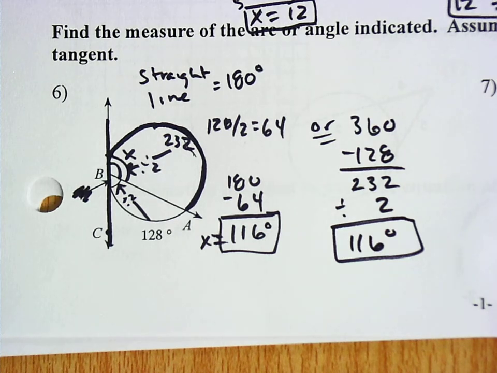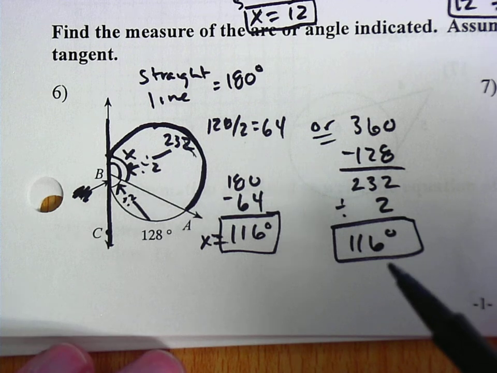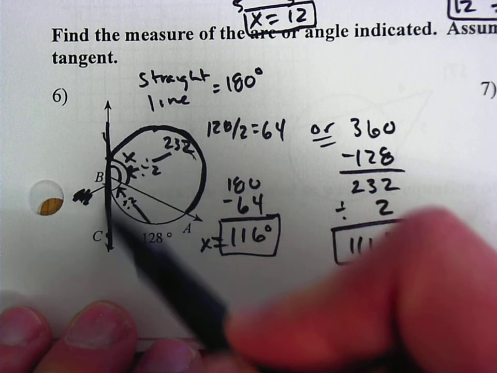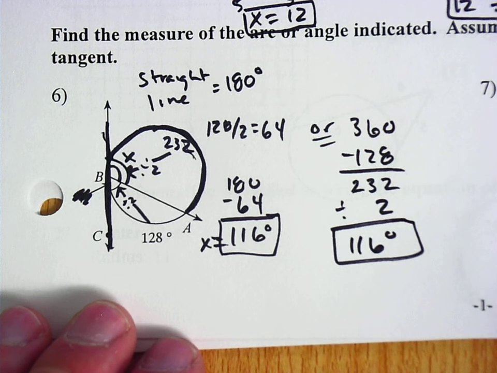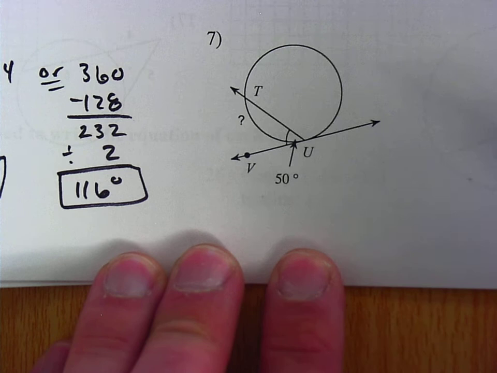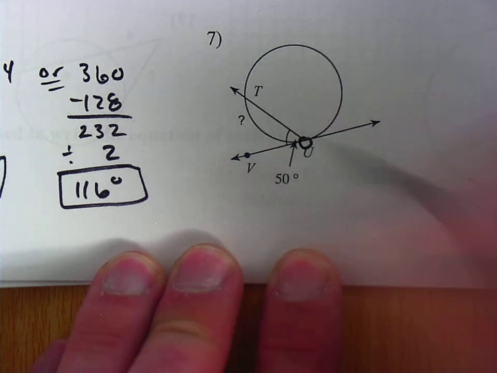So either way works. Either way is fine. You just want to make sure that you find the way that makes the most sense to you. Okay? So make sure we're keeping track of dividing by 2. The straight line is 180. Okay, number 7 is actually really quick and easy. We have this vertex that's on the circle,